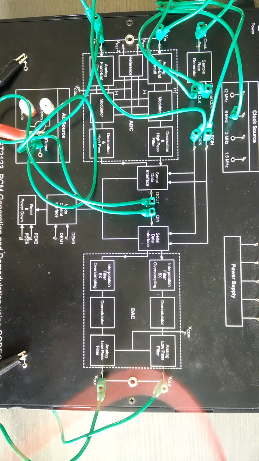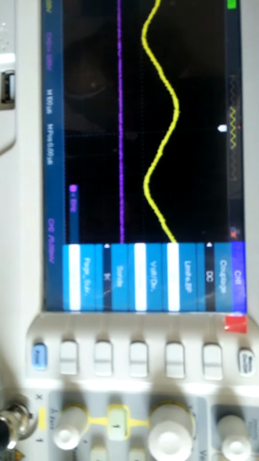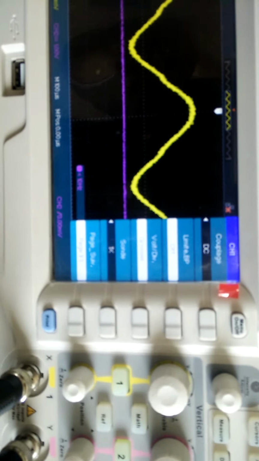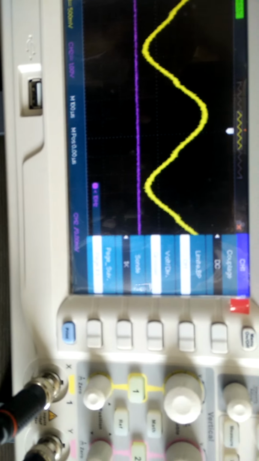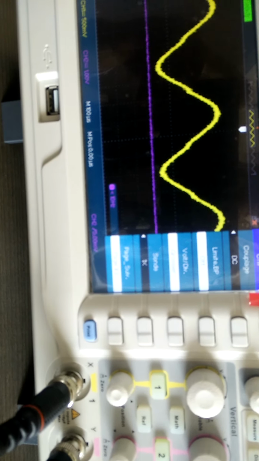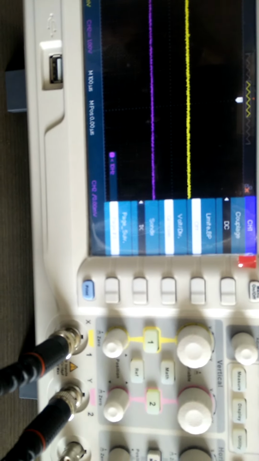Now let us see the waveforms. First I will show you the input signal on the DSO screen. So this is the DSO screen in which the yellow signal is our input signal. Then another signal I will show you is channel clock and bit clock.